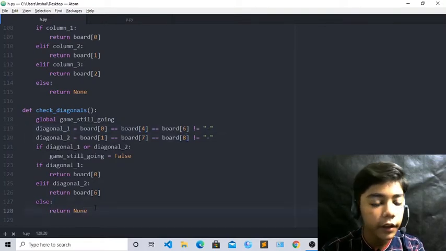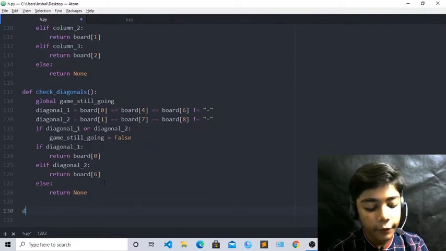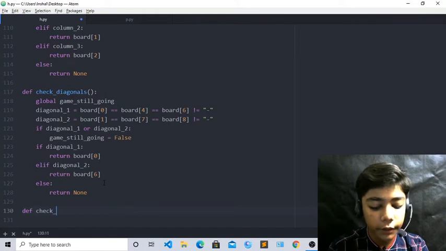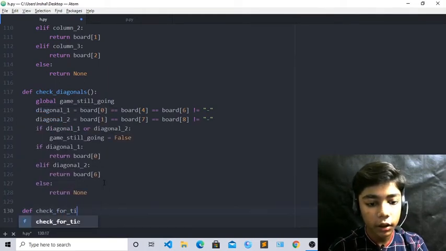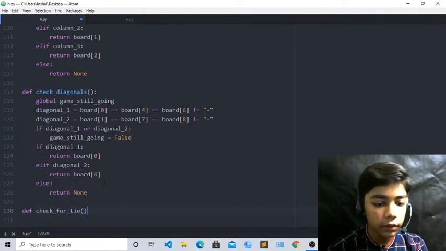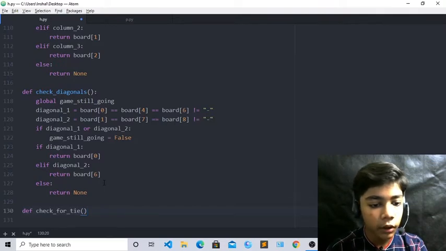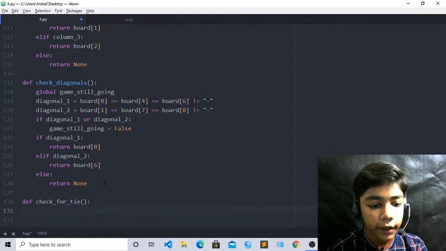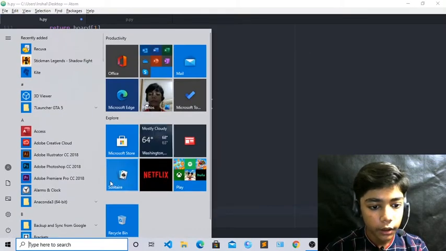Now come over here and write def, and now it will be check for tie, because we have defined 3 things here, and now here we have to define only 2 things in the last, just flip player, and now here we are defining check for winner. So now write def check for tie, and now just close it.